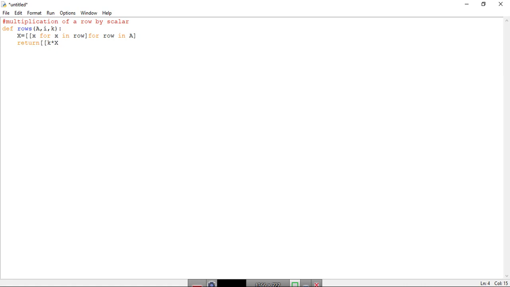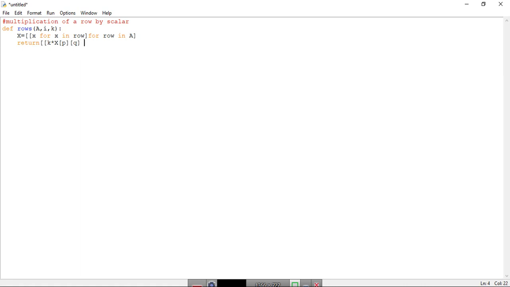So x, let's take two elements, p, q. Now you are multiplying this ith row by element k, and these are the elements of that matrix. Okay, let me explain that.